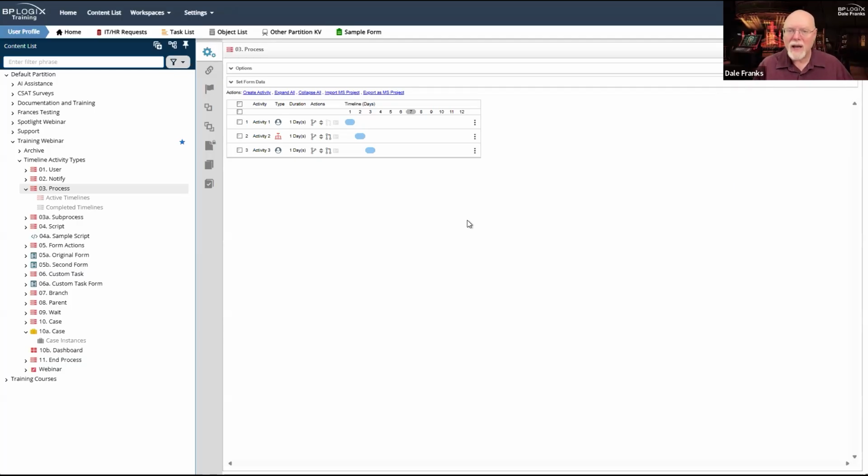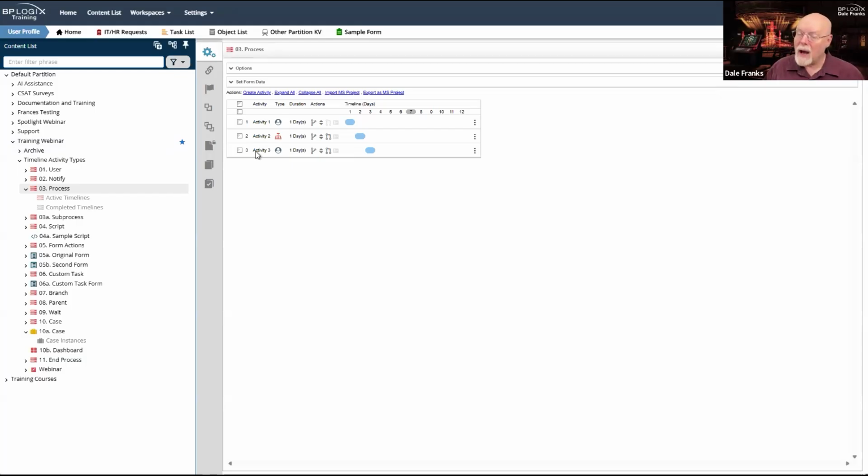When my sub-process ends, it will still send up, if I configure it to do so anyway, and the default configuration is for it to send up any new forms or document attachments back up to my parent process. But because it's running asynchronously, I won't have access to any of those documents or forms until that sub-process ends. So if activity 2 here were a custom task activity and I called the run process custom task to launch my sub-process, I would immediately move into activity 3 as soon as the sub-process was invoked.